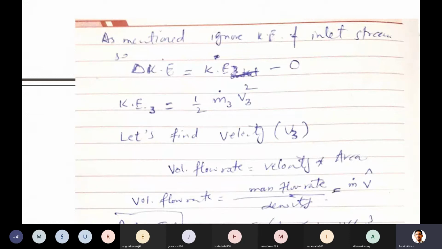You already studied this somewhere in Stoichiometry 1 and definitely in fluid flow: volumetric flow rate is equal to velocity into area. Did you know this formula? Yes, sir. Sir, can we not use the continuity equation, meaning the mass flow rate is the same, equals density times...